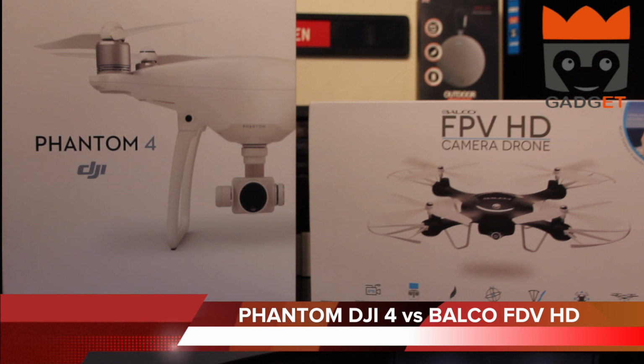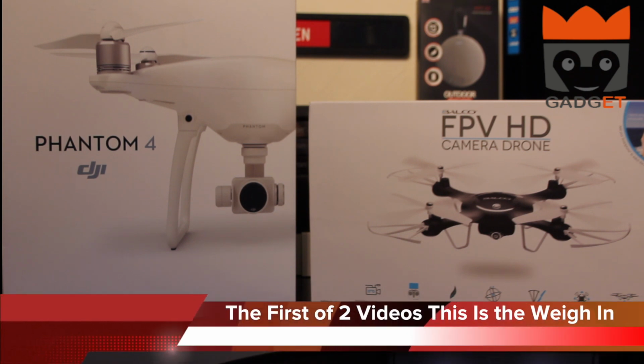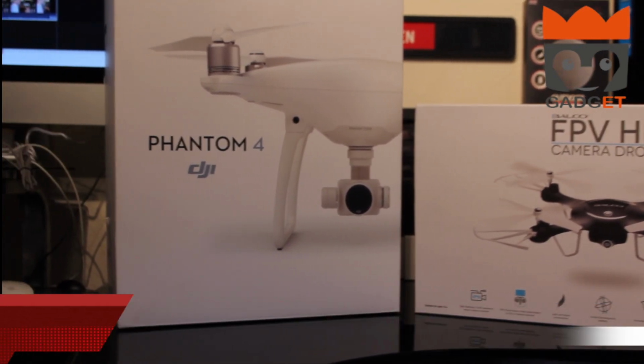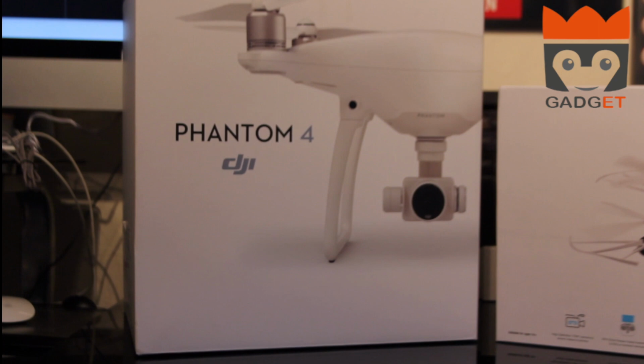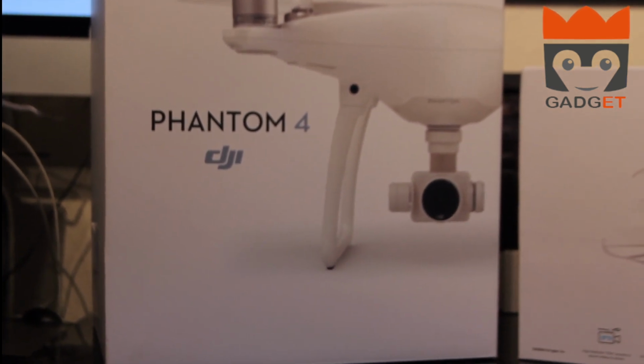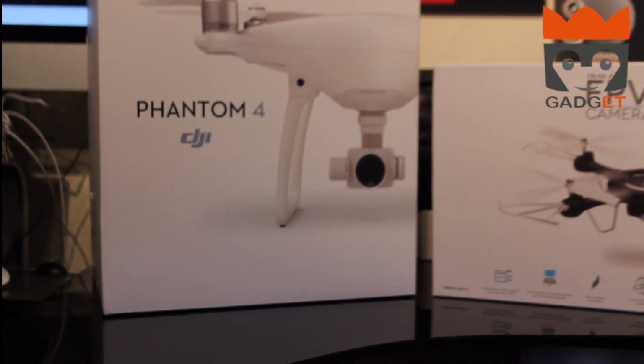Hi guys, well the time has come to compare a £50, that's 50 English pounds, against a £1,000 drone. Yes, a £50 drone against a £1,000 drone. And it's not just any £1,000 drone, it's the drone that we all know and love for several years now. You know it, you love it, it's the one and only Phantom DJI, and he's up against the BALCO